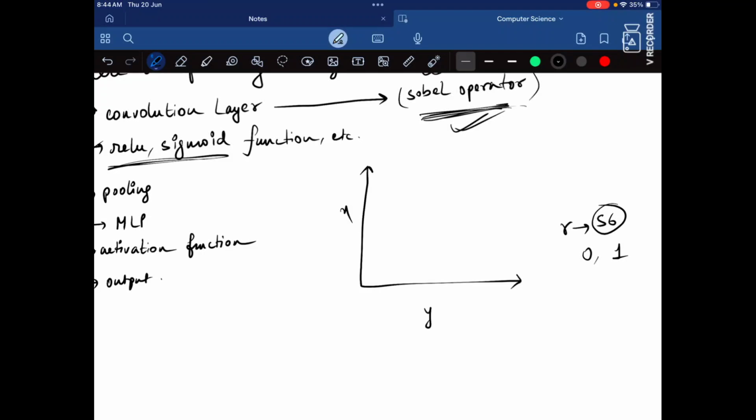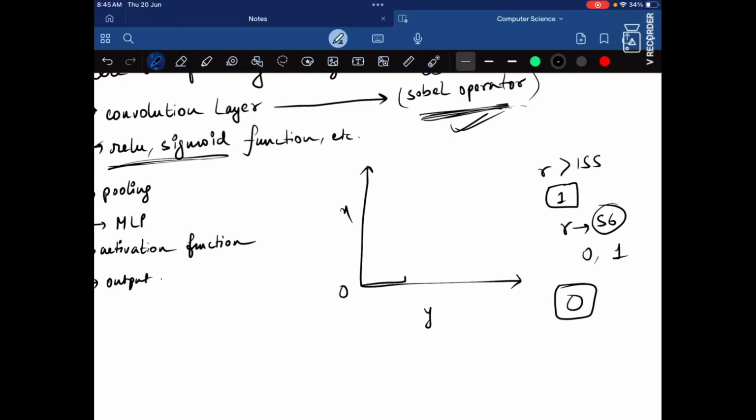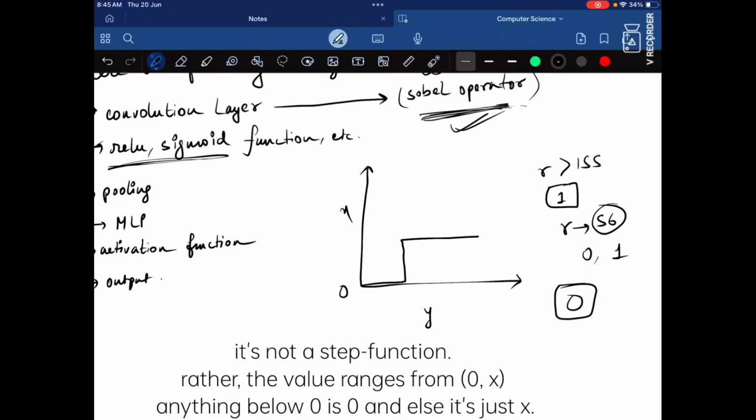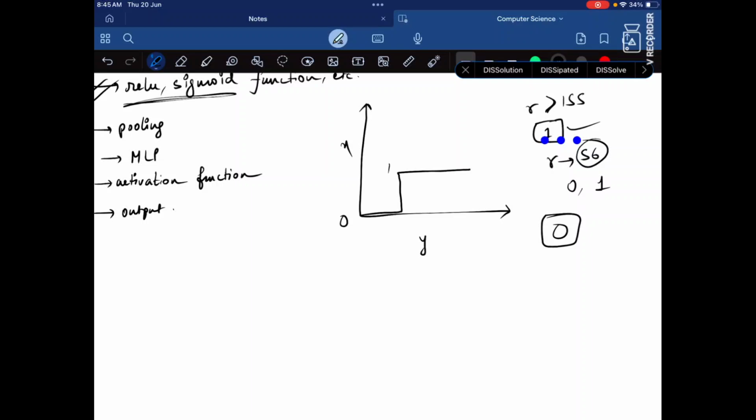That is, suppose if the red value is more than 155, we set the pixel's red value as 1, and if it's less than 155, we just switch it to 0. So we hard code that. It's a step function. If it's greater than 155, we switch it to 1, else we switch it to 0.